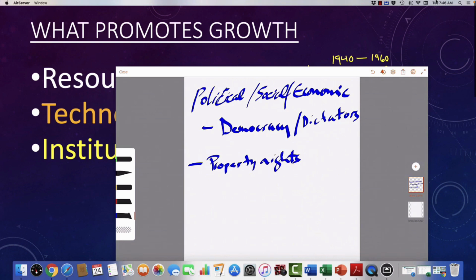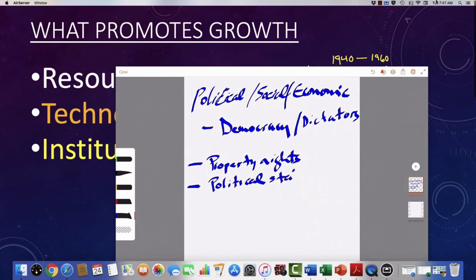Specifically, private property rights and the protection of those property rights. It's amazing how creative people can be if they're given the proper financial incentives. And property rights are closely tied to financial incentives. We give people the ability to profit from their property, and they will use property in a remarkable way that helps to promote economic growth. Property rights and the defense of those property rights are incredibly important things, as is